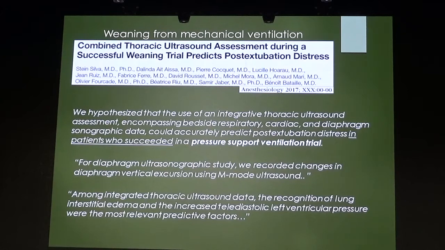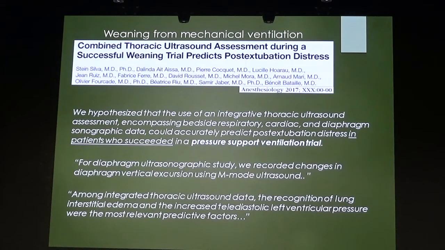But then I'm a little bit critical about that because there are some methodological issues that are also underlined by Professor Tobin in the editorial. But what I would like to focus on, they talk about patients who succeed the pressure support ventilation trial,